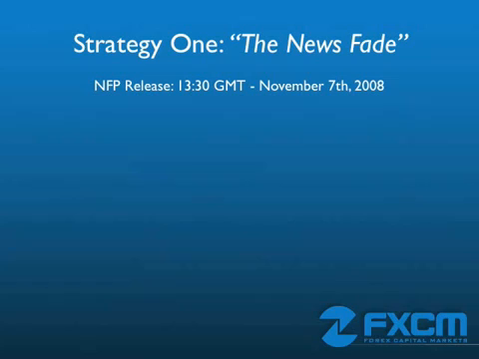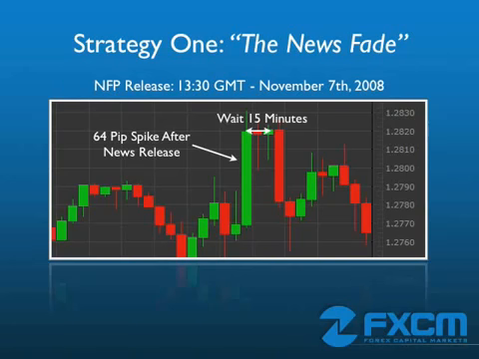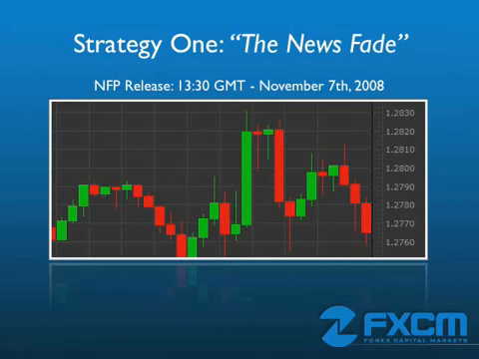Let's now look at how we can use this strategy after a news event like NFP. After looking at the Global Economic Calendar, I can see that NFP comes out at 13:30 GMT on November the 7th. If we pull up a euro-dollar chart for that time, we can see that the euro-dollar spiked up about 64 pips after that release. If we had implemented our strategy by waiting 15 minutes and then selling here around a price of 1.2820, sure enough, the price reverted back to the mean, and we could have closed out our trade around 1.2780